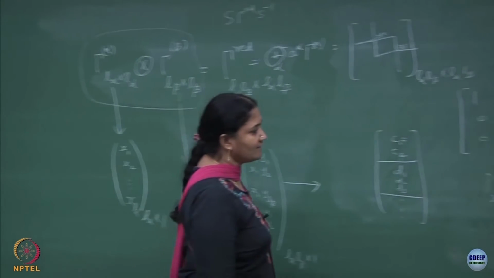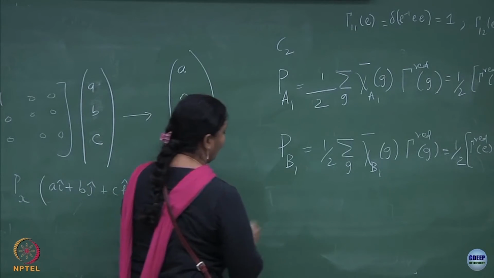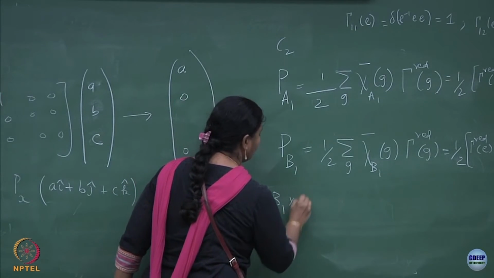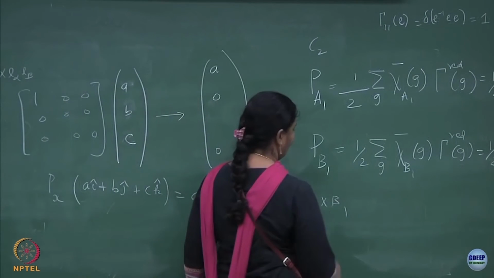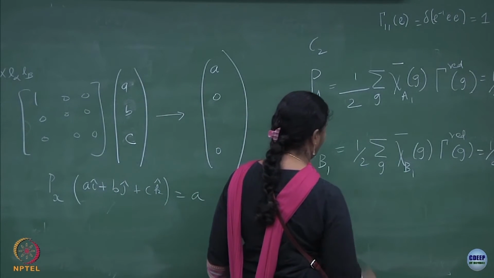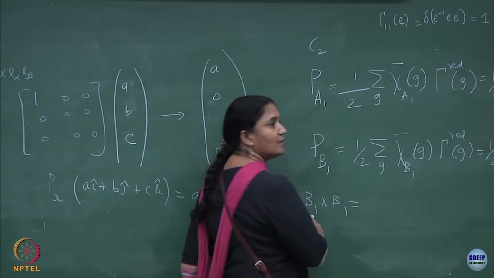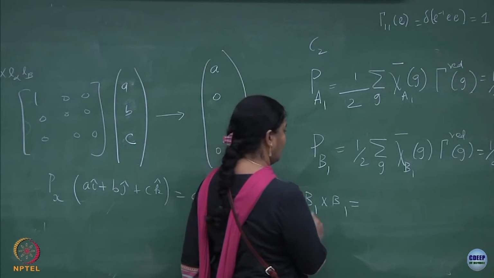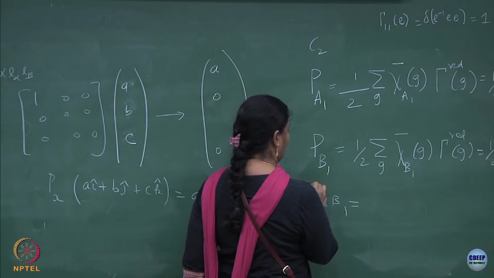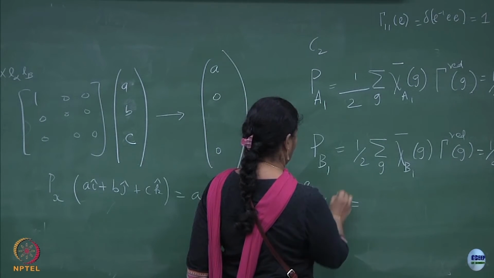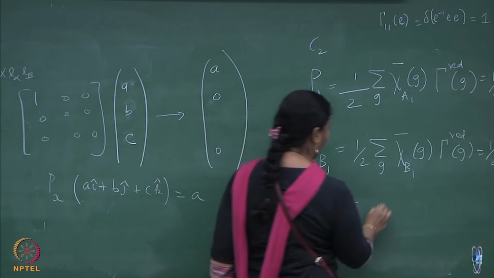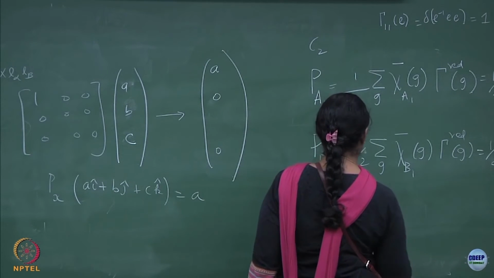So, let us take as a simple exercise B1 cross B1. So, if I take this B1 cross B1, then let us say this is a one dimensional basis, I will have it to be AB,